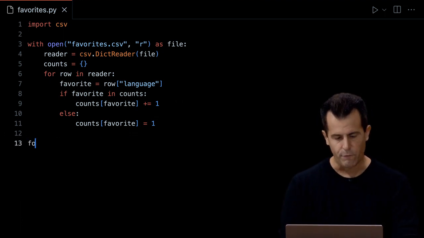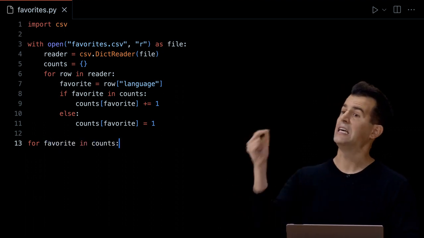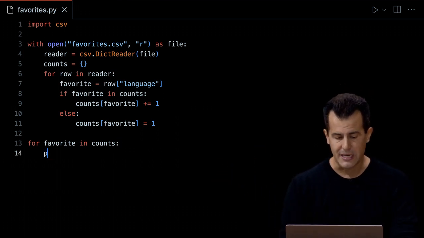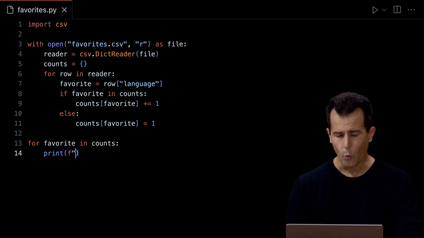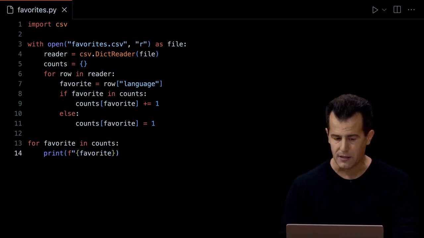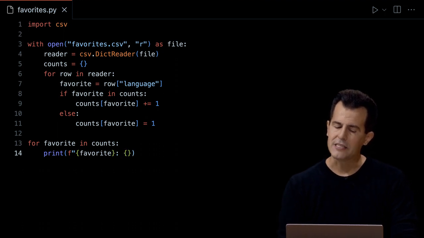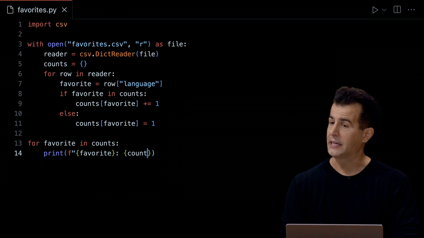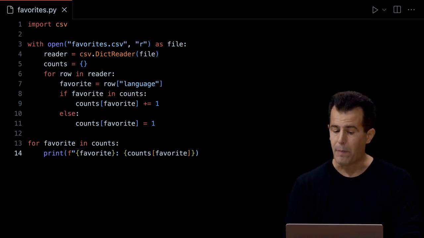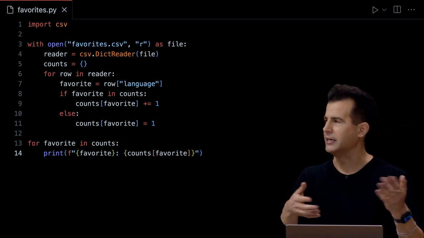So how about I do this? For each favorite in those counts, and this is, again, the Pythonic way to iterate over all of the keys in a dictionary, go ahead and print out, using an F string, whatever the current favorite is, Scratch or C or Python, and then a colon, and then figure out what its count is. And you can do that by going into the counts dictionary, looking at the favorite key, and get back its value. So I close my curly braces, I close my quotes, and even though this looks ugly at the moment,